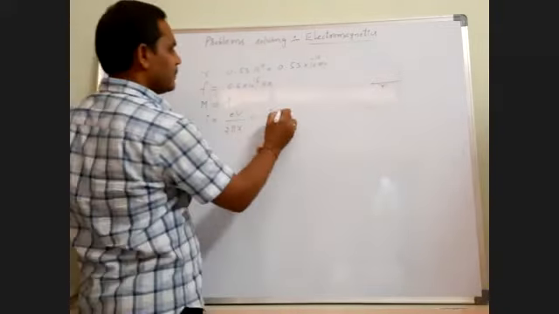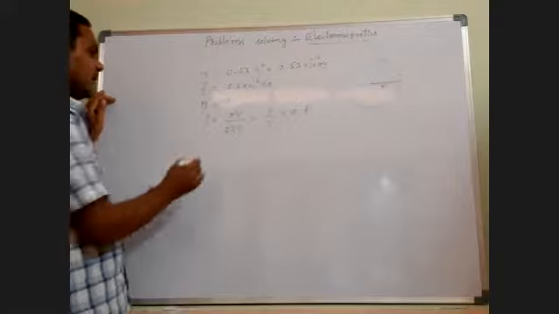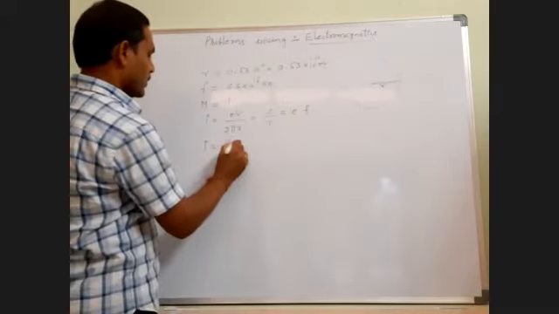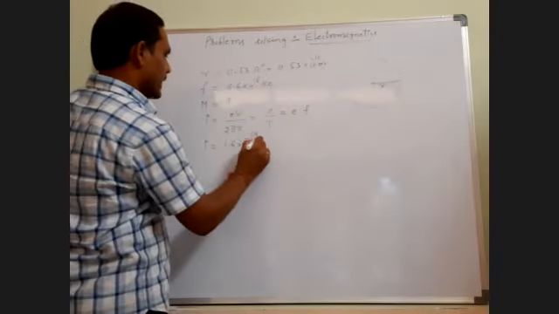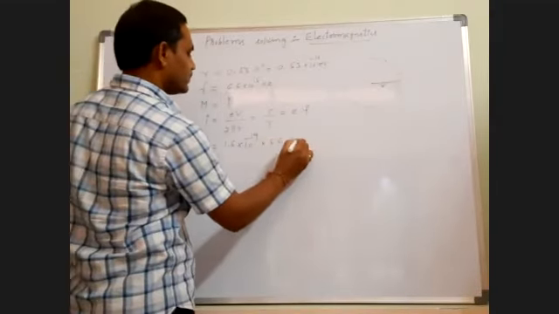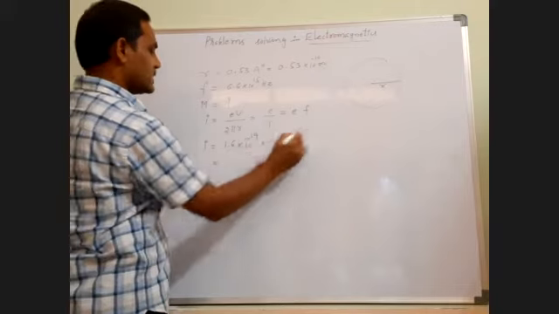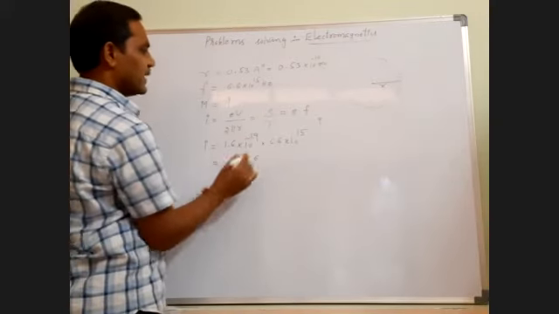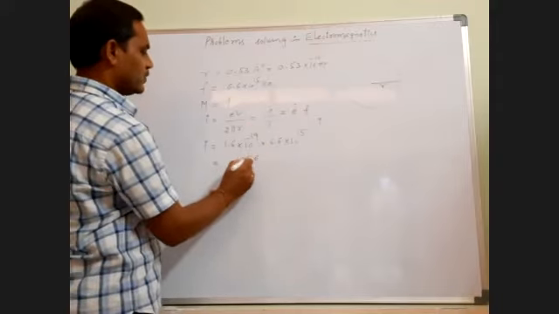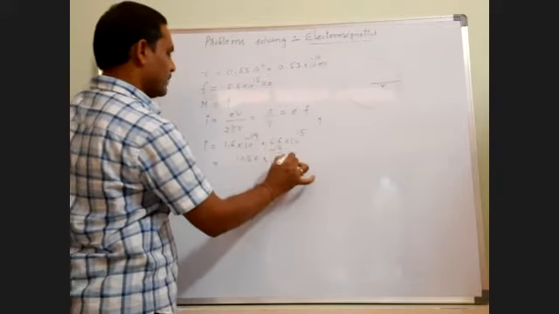The reciprocal of time period is frequency, so I is equal to e into f. What is the charge of the electron? 1.6 into 10 power minus 19 coulomb. Frequency given is 6.6 into 10 power 15 hertz. So 16 times 6 is 96, plus 9 is 105. Placing the decimal point, I is equal to 1.056 into 10 power minus 4 amps.